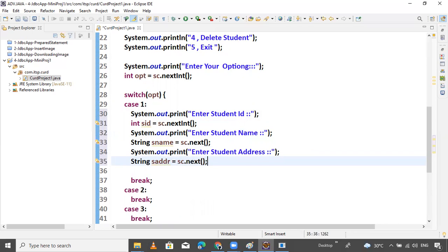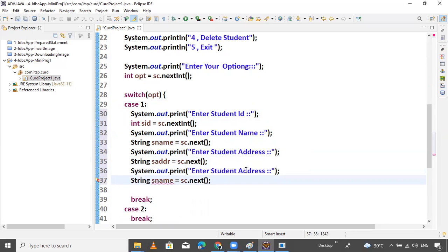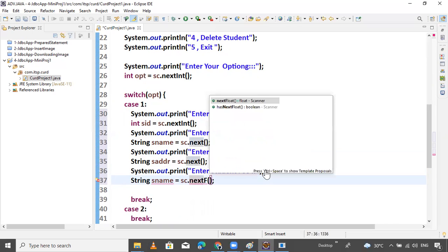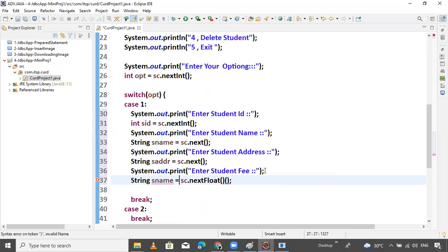The method is next. Here you can ask the user to enter the student fee. The fee is which type? Float. The method is nextFloat, stored inside a float variable. Keeping a float variable, you can also take wrapper classes, not an issue.